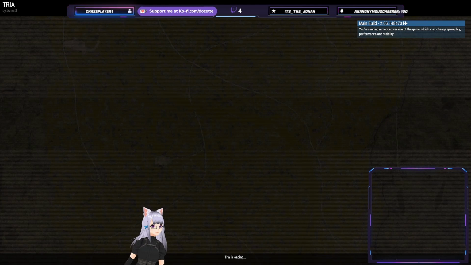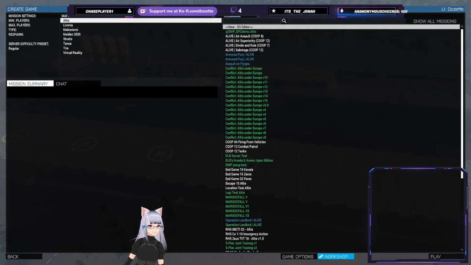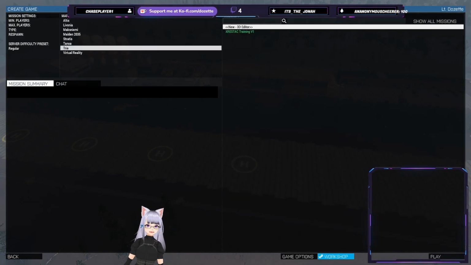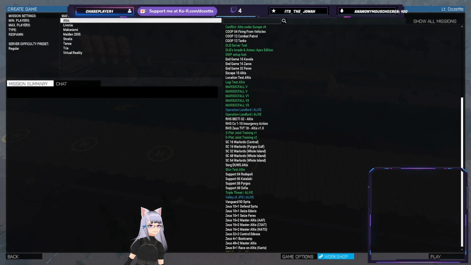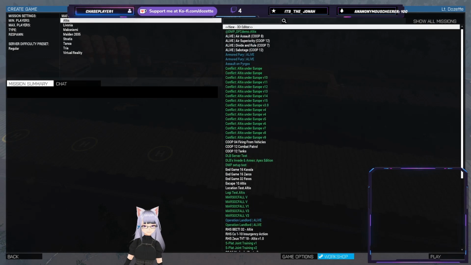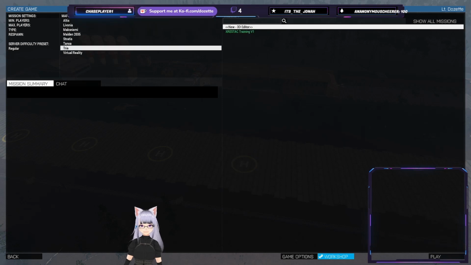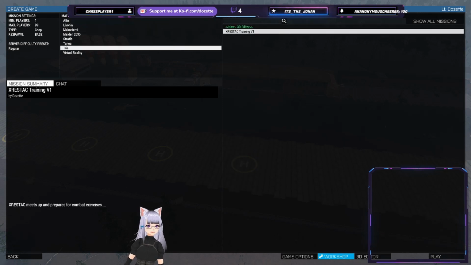Now, this setting will always load whatever map you had loaded last in Arma. Because we had our Tria loaded last, it'll load Tria. But you can change the map here to missions you've got saved. Obviously, I've done a lot of missions on Altis, so there are lots of missions I've saved on Altis. But let's go to Tria, and there we go. There's our packed PBO. And the settings we set up in the description.ext came over to here. So we've got the summary screen, we've got Zeus Tech Training V1 by me. We've got the description for combat exercises, and if we go play,